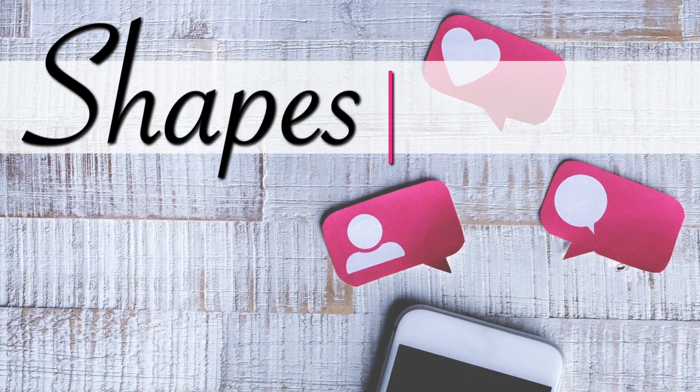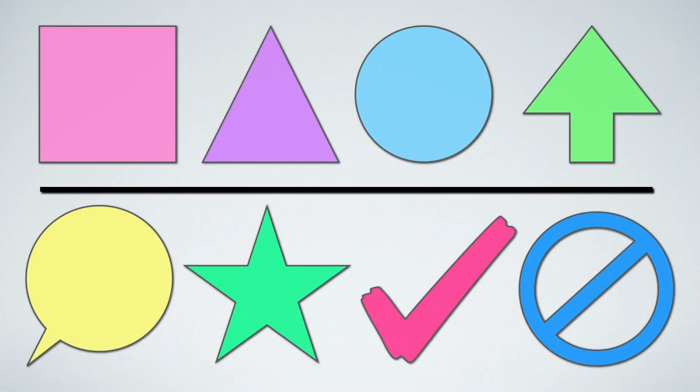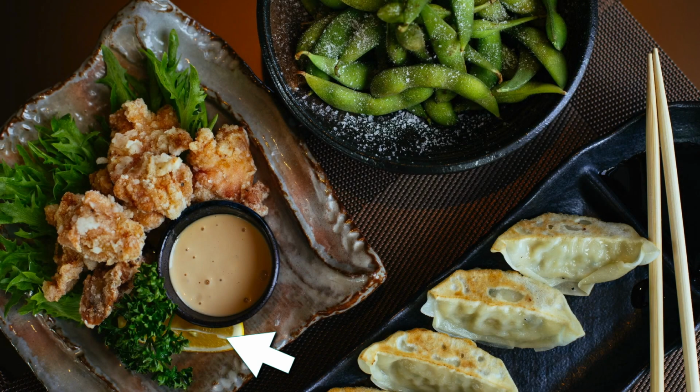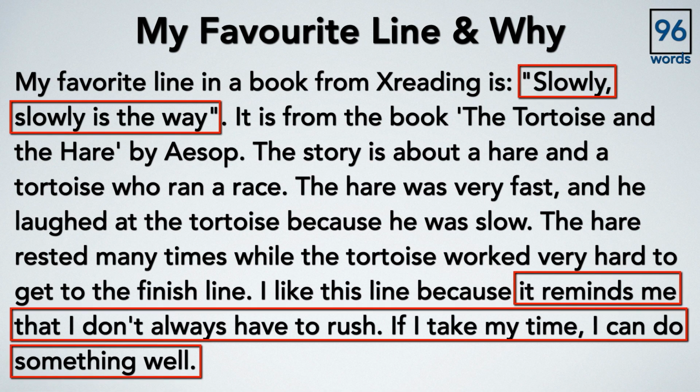Next, let's look at shapes. PowerPoint and Keynote have a variety of shapes that we can incorporate in our presentations. They have squares and rectangles, triangles, circles and ovals, arrows, lines, callouts, stars, ticks, restriction symbol, etc., etc. We can use arrows to point things out in an image. We can use squares and rectangles to highlight important information,